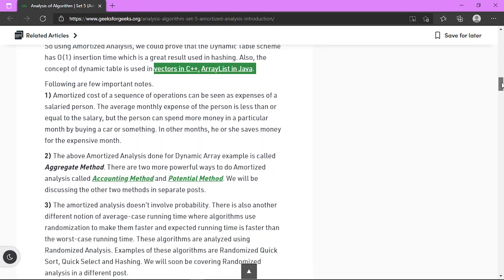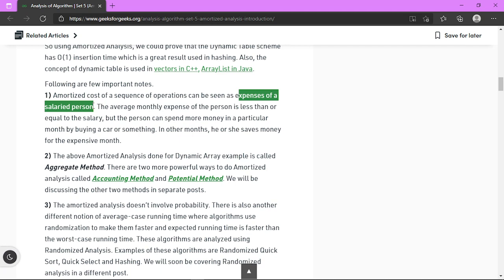And following are some important notes, which you can also read. Amortized cost can also be understood like the expenses of a salaried person who gets a fixed amount of salary. If he has to buy a car in August, then before August he will not do any expenses.